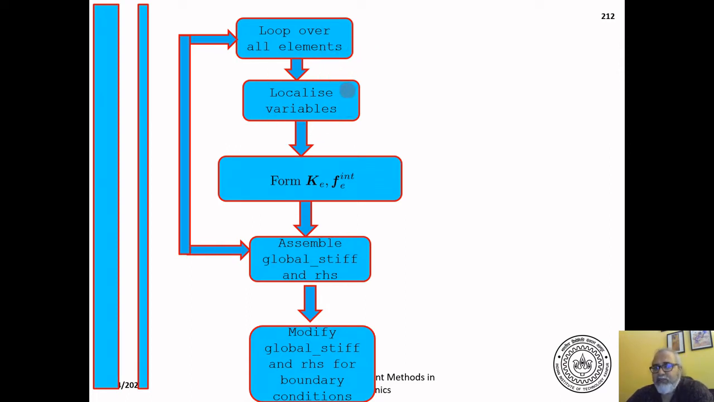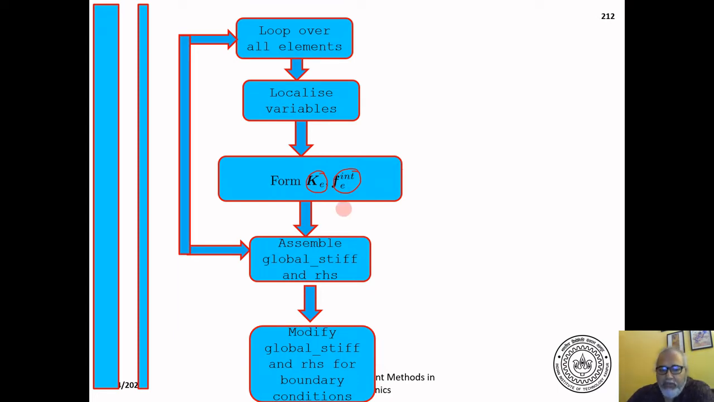You localize the variables. That means from the global array of displacements, stresses, and so on, you collect those variables which pertain to the element that you are looking at. And then for that element, form the tangent stiffness Ke, local tangent stiffness, element tangent stiffness, and the element internal force vector Fe. So you assemble them into the global,